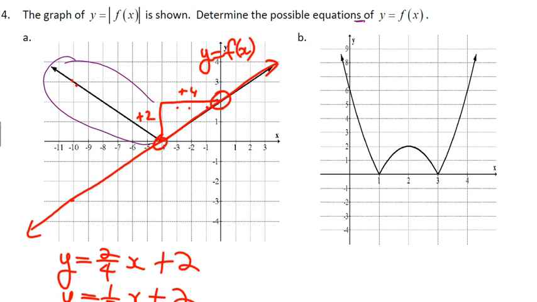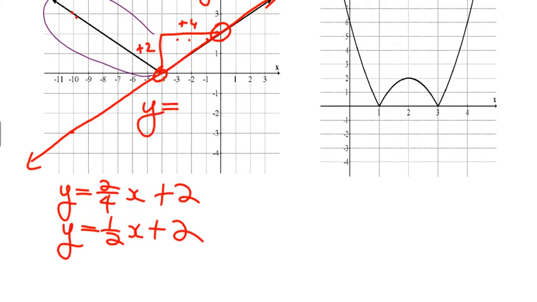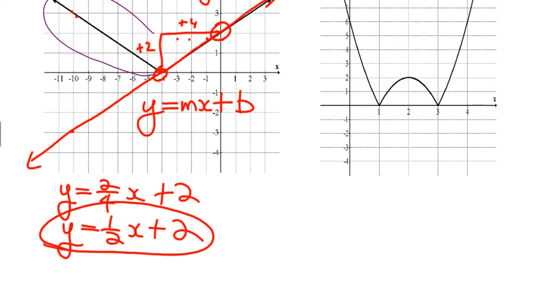Okay, so that's the first possible equation, right? There are 2 of them. So what I'll do is let you write this down, and I'm just going to erase it all, and we'll start over again and say, all right, what if the other half? What if the right-hand side were the side that was reflected? It's y equals mx plus b. This is a straight line. Straight lines are in the form y equals mx plus b. m is the slope and b is the y-intercept. Okay? So this is the equation if the left-hand half of the graph were originally down here, was reflected up to become the absolute value graph. Okay? Or,